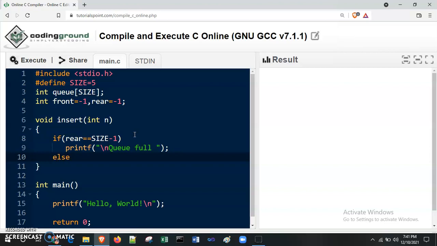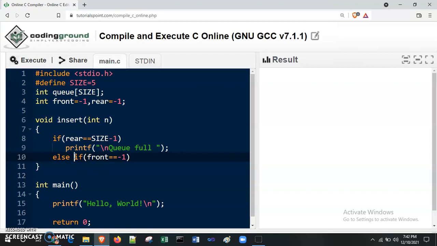Otherwise, we see else if front or rear is exactly equal to -1. We need to check only one, because if front is at -1 position, then obviously rear is also at -1 position. So no need to check both. Only we need to check front or rear, because both are at -1 position.